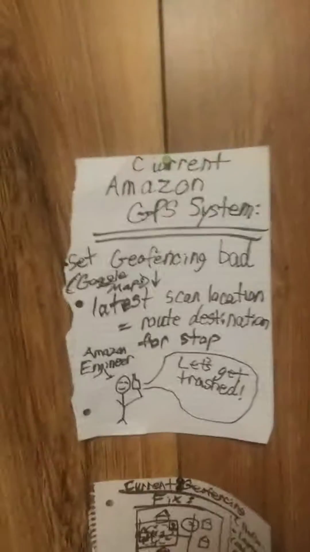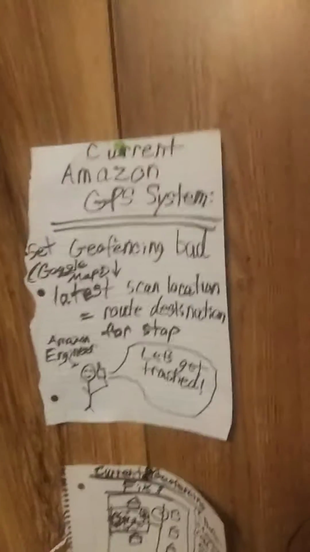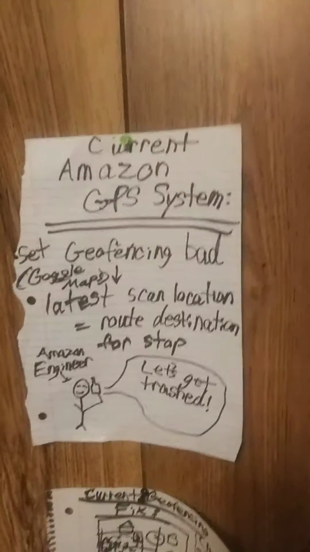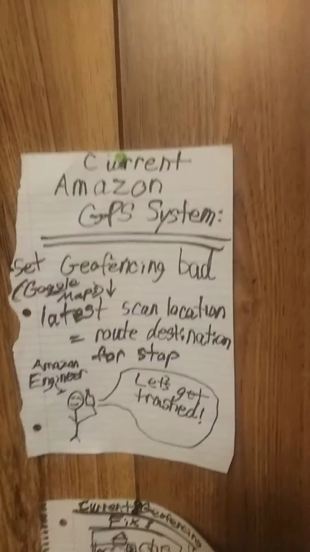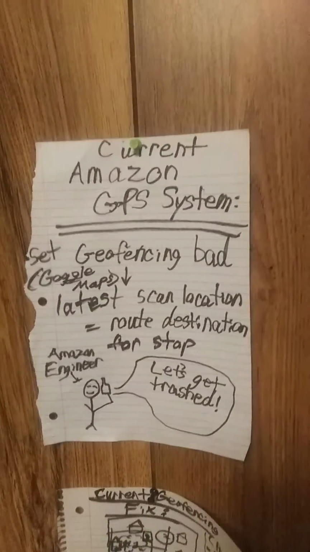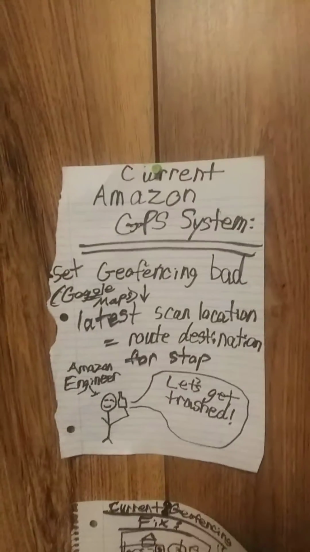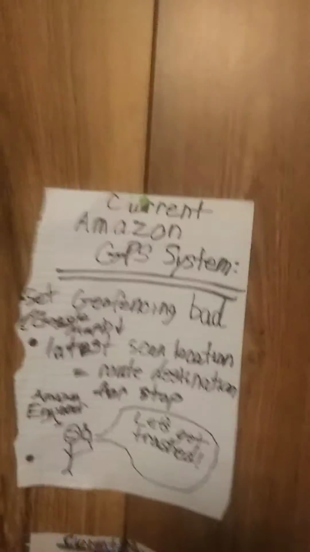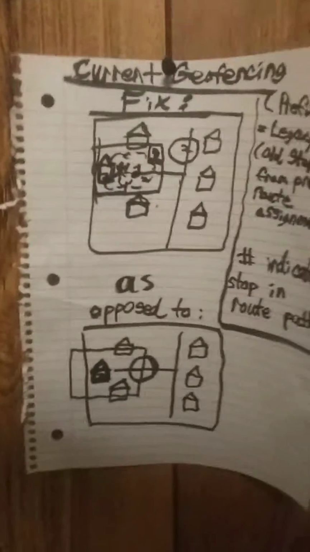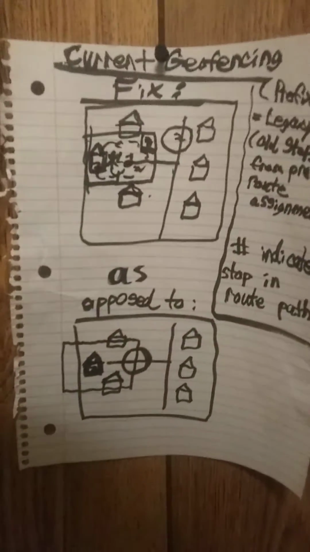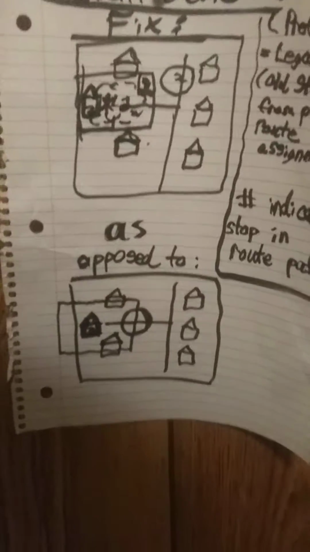The current Amazon geofencing system uses the latest driver scan location as the destination for your stop, which is kind of a good thing sometimes, as after all, on Google Maps, say you have a rectangle, as you can see in my little diagram. The rectangle portrays how the Google Maps geofencing system works,